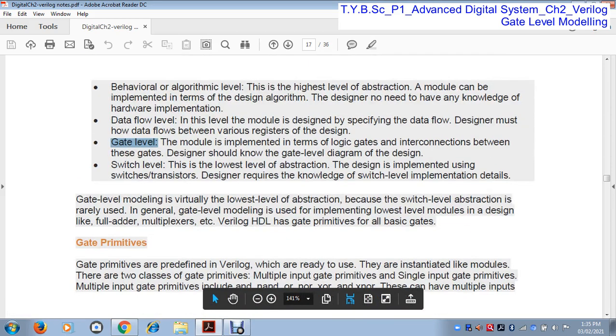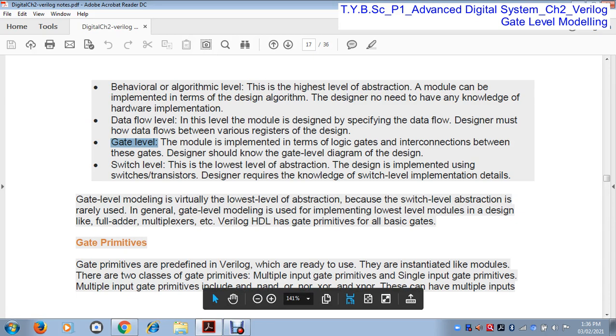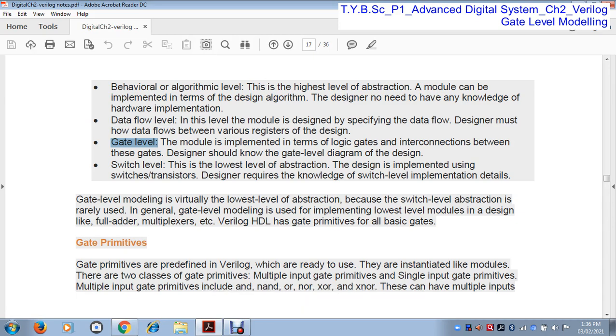Gate level modeling is virtually the lowest level of abstraction because the switch level abstraction is rarely used. Below the gate level, the switch level is the lowest level of abstraction that we will not use. In this Verilog language, we will see only gate level, data flow level, and behavior level abstraction.